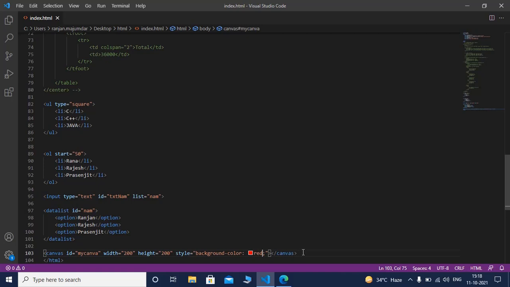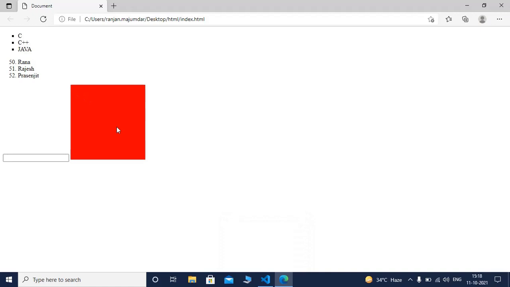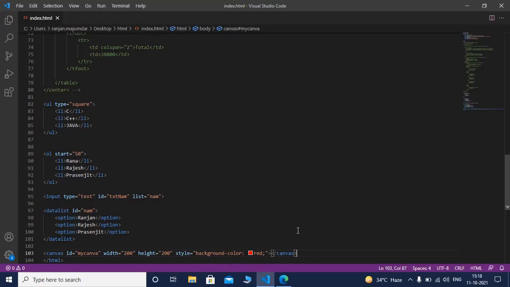What is the usage of canvas? Using the canvas, a web page developer or a coder can draw any 2D or 3D elements. Suppose a user or a coder tries to draw a straight line within the canvas. He or she can draw the line using getContext. getContext is basically used in the script tag. At present I am not showing any script tag, that is the portion of JavaScript.